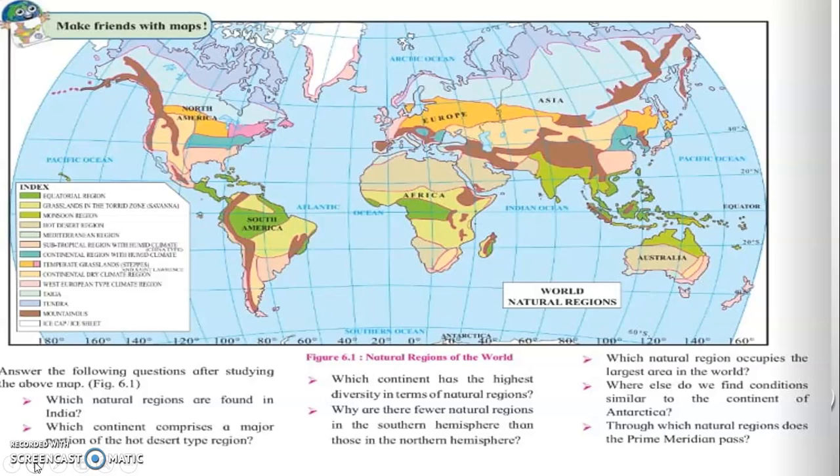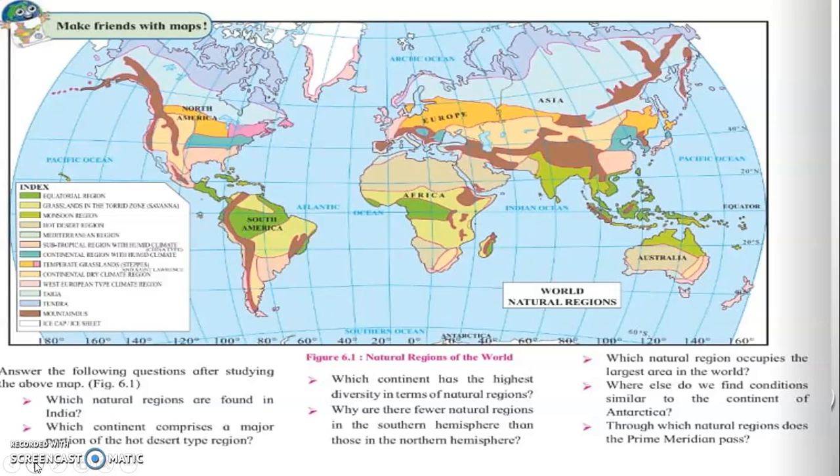Next, which continent comprises a major portion of the hot desert type of region? If you see, Africa contains major deserts of the world. So which is that continent? That is Africa. And can you name the hot deserts which are found in Africa? In Africa, you have the Sahara Desert, then you have the Kalahari Desert, which are the major hot deserts of